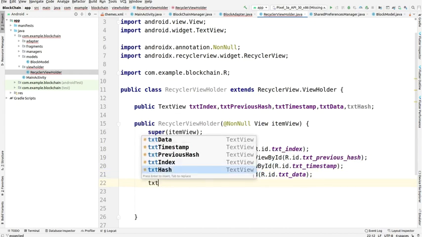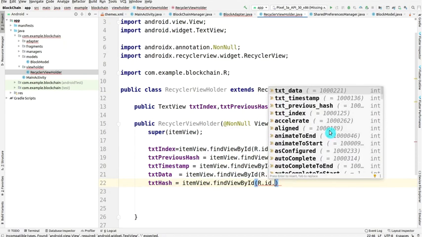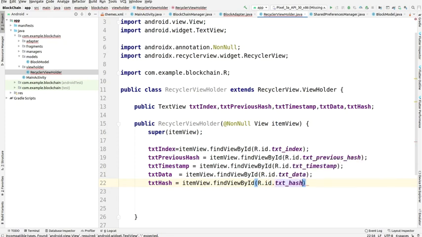The last one is txtHash, doing the same, itemView.findViewById(R.id.txtHash). Okay, so we are done with this view holder.